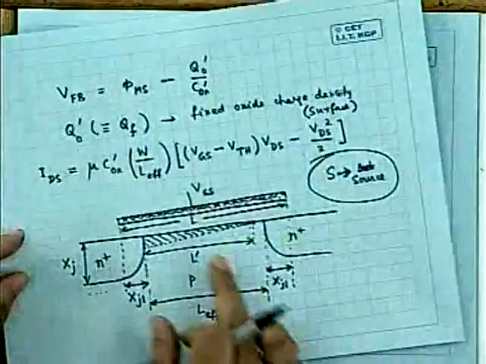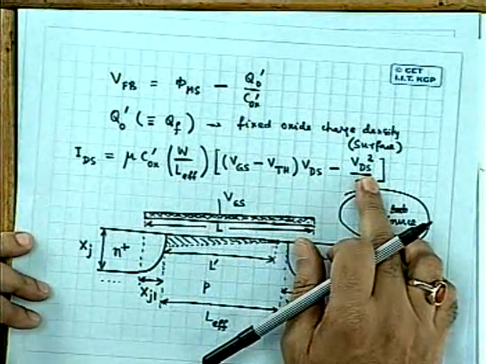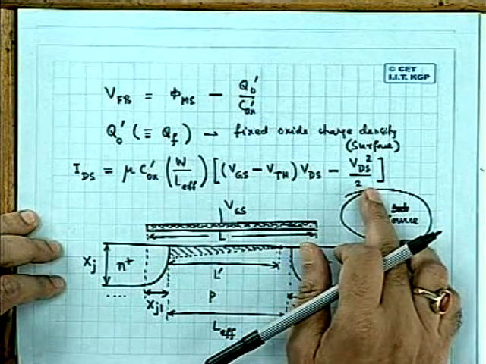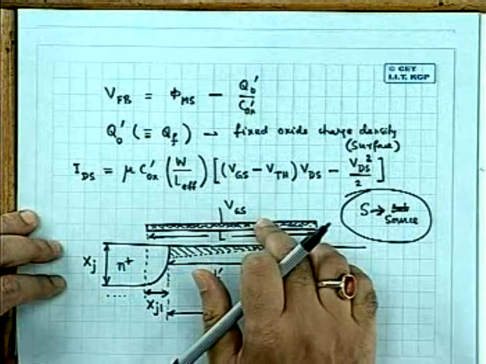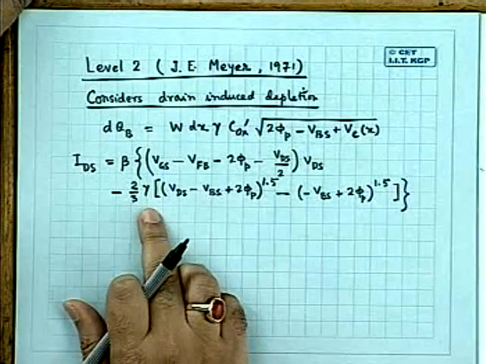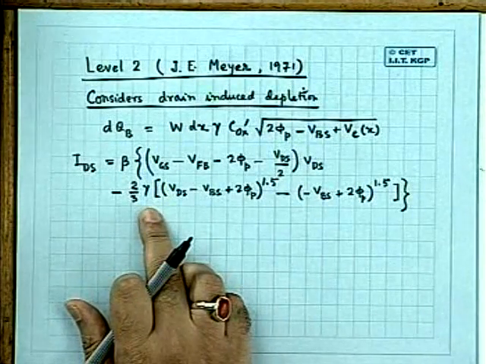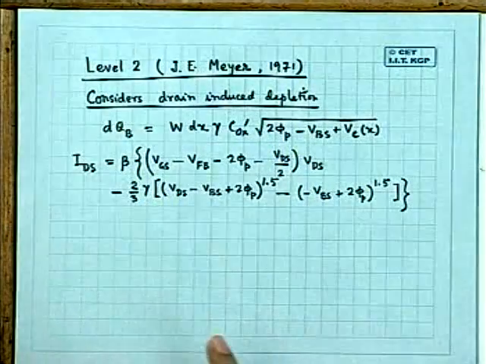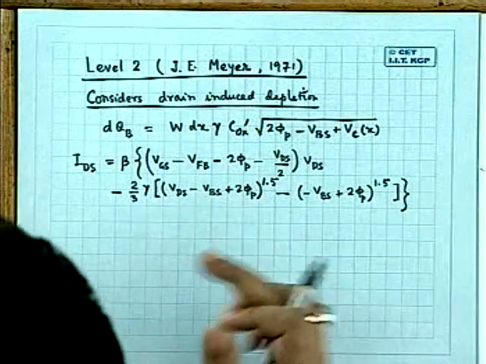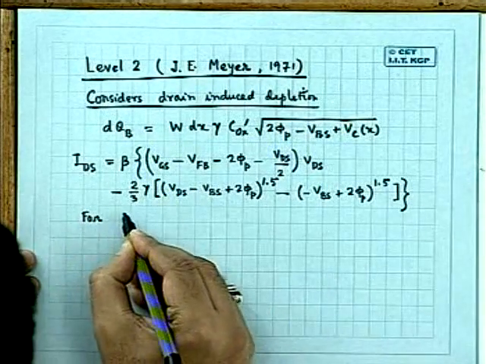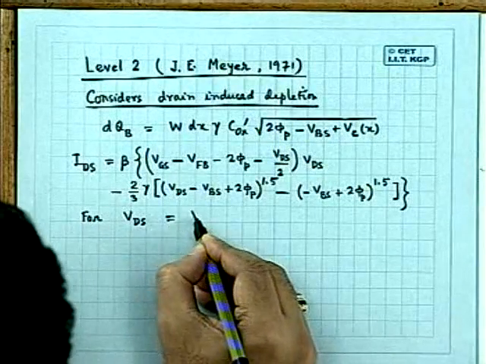You just look at this equation for level 1 and look at this equation for level 2. You find here, is there any gamma related term? Gamma, which is dependent on Na, epsilon s, etc., does not appear in level 1. You see, in level 2, the gamma term has appeared. That is a clear distinction between level 1 and level 2 equations. So IDS depends on gamma also. And here, in the level 2 derivation, we assume that for VDS equal to VD sat,